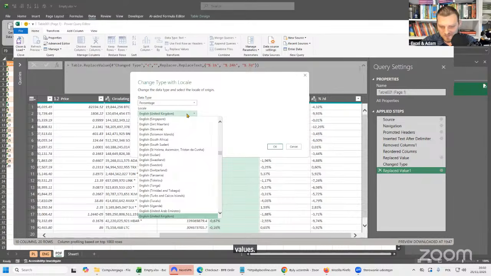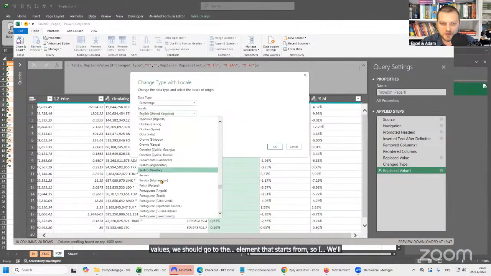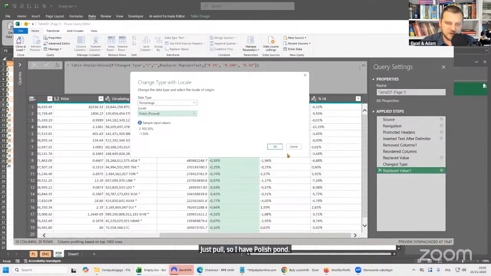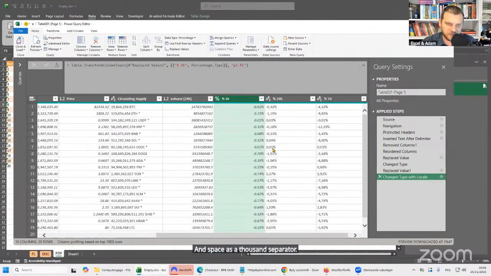So in most cases, in such a long list, when we quickly type the first letters, we go to the elements that start with them. So I will quickly write Pol. So I have Polish, Poland, and I can check here. Okay, so we can see our percentages have a comma as the decimal separator and a space as the thousands separator. So I can press OK here, and I can see the percentage type, but with Polish